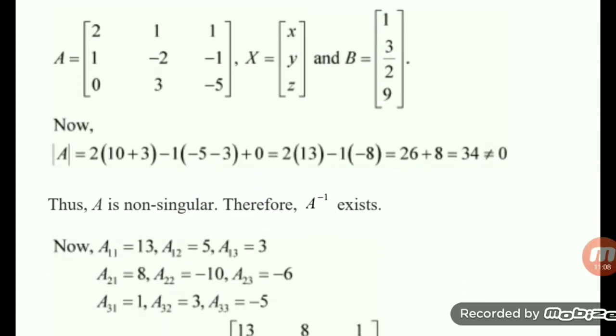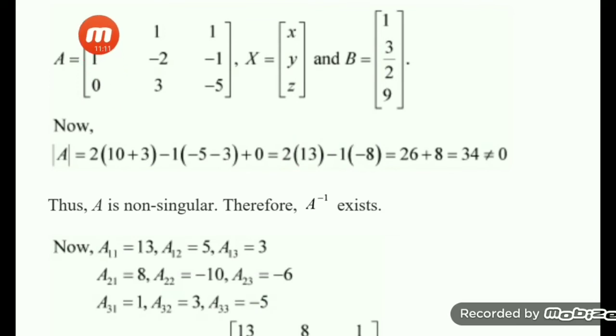After that, our aim is to get the cofactors. We have the cofactors: positive sign, this is deleted, 10 plus 3 is 13. I have done the calculation directly here. Then first row, second column, that is negative, the minus sign, you remember. Then do the calculation: this is deleted, this is minus 5, minus minus plus 5 is the value. First row, third column, the sign will be positive, this is deleted, so the value is 3. Then the 2 1 position, where the sign is negative. Let us see what value we got. With row 2 and column 1 deleted, what is left is minus 5, minus 3, minus 8, and since there is already a minus sign, minus minus plus 8.